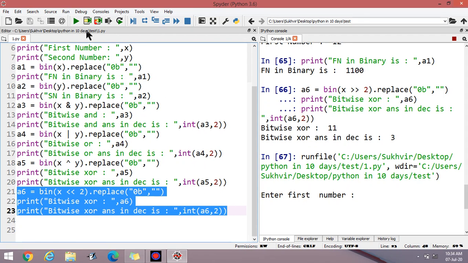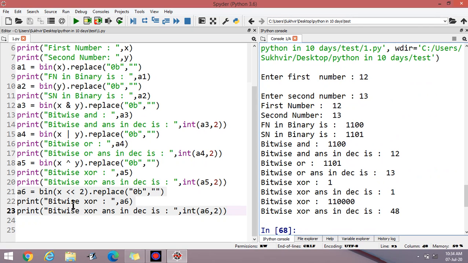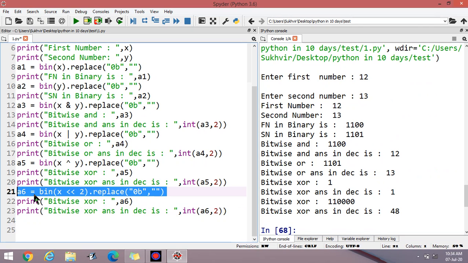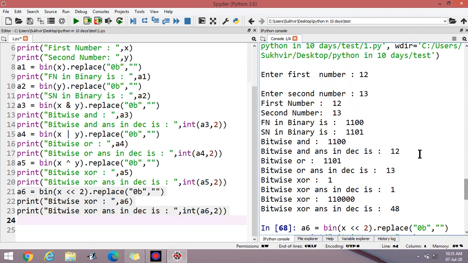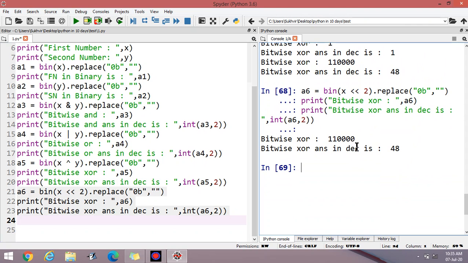Do the selected operation only. Let us execute again, only this selected portion. The answer is 48. Now the value for 12 is 1100, and the last two zeros are included. Now the value becomes 48.